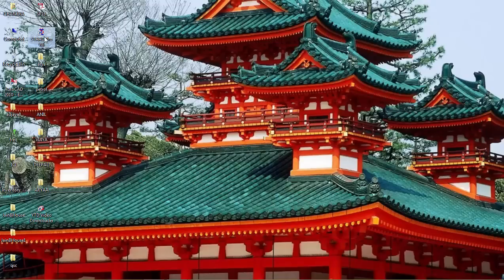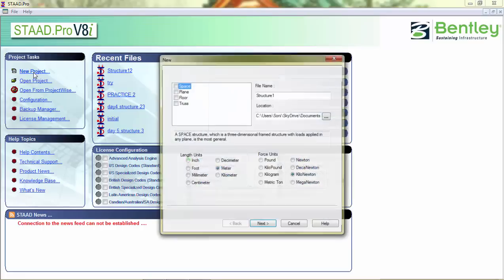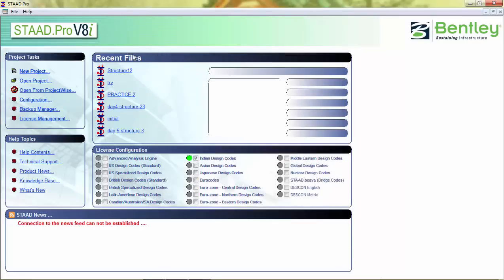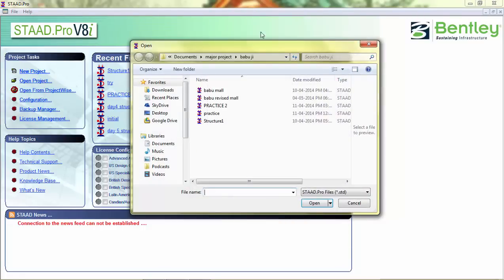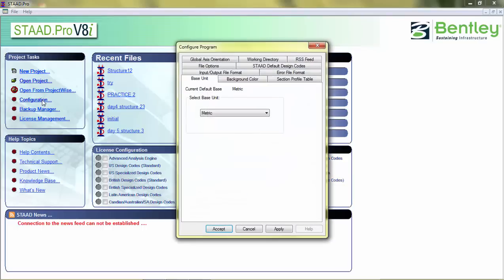The Staad Pro start page will be displayed automatically when the program is opened. From here, we can open our new project from the taskbar or open our previous project from the save folder, and we will also configure our file default configuration. That is, we can set our base unit, metric or English. We can change our background color, that is black or white,